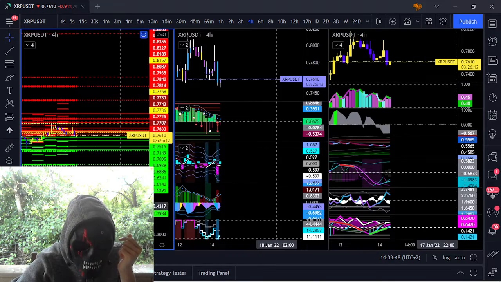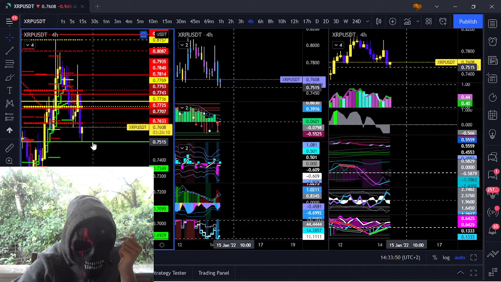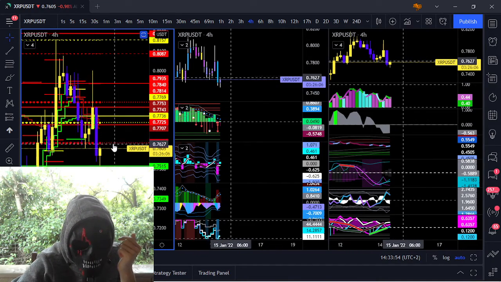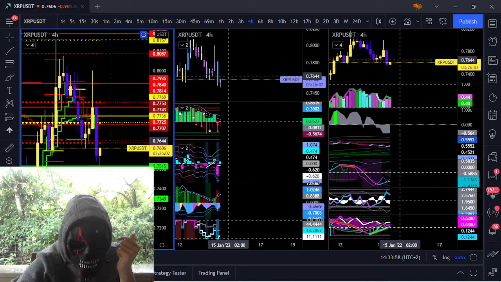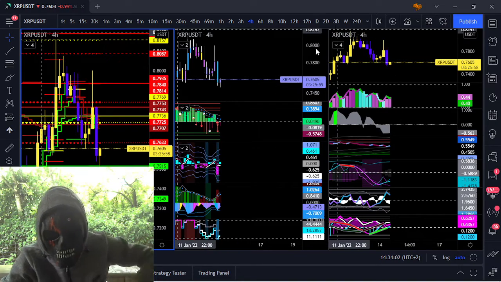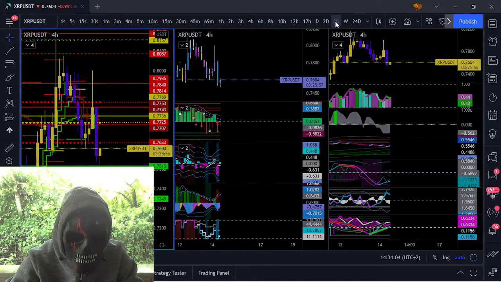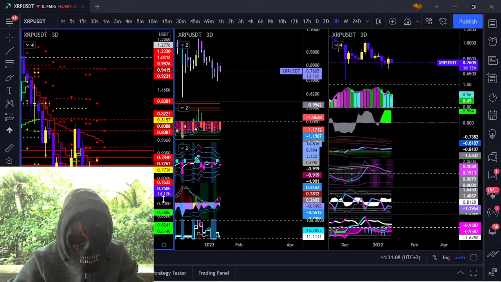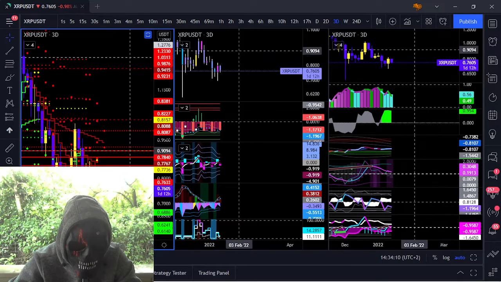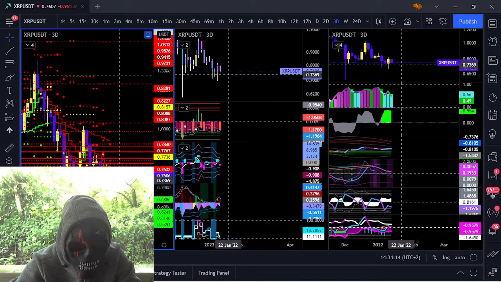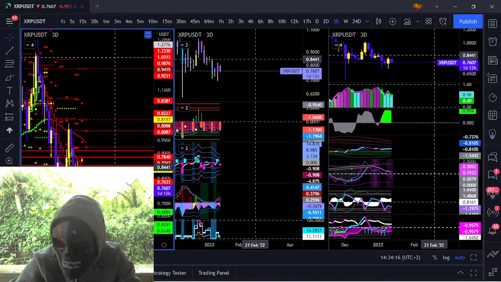Let's see. Could get filled in this region. Okay. So then let's see what the situation will be for the weekend, a little bit longer term time frame. So we'll close pretty much on Sunday. We will be printing a new